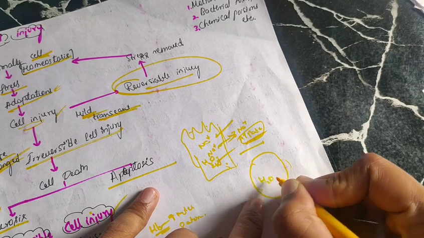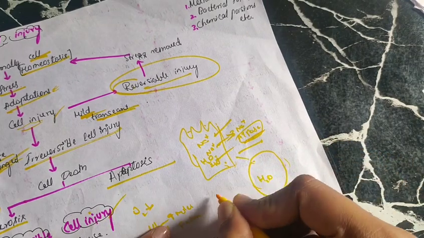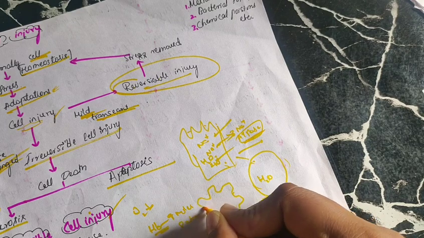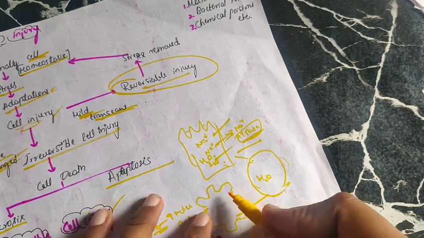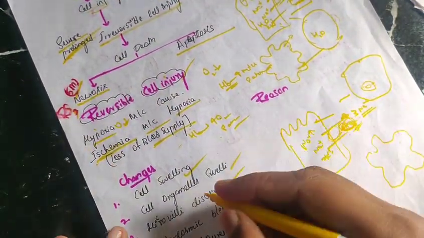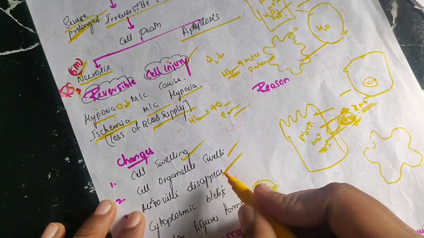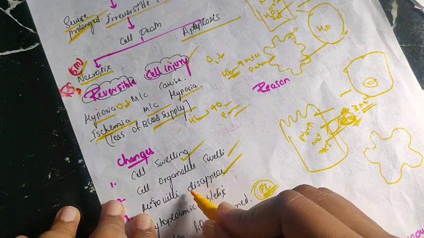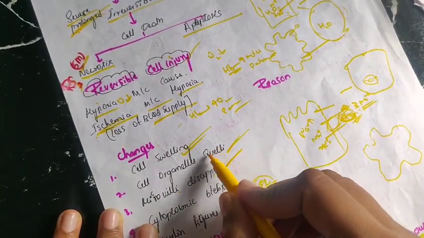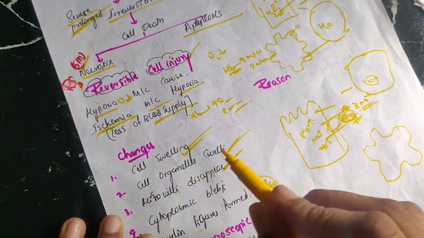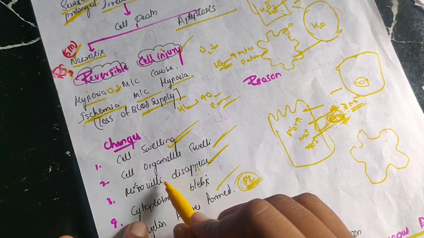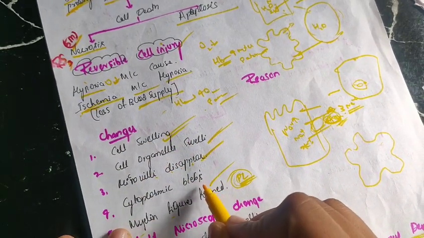As this water keeps accumulating, if it progresses, it becomes blebs. These cytoplasmic blebs will be formed. These are projections of cytoplasm outside, called cytoplasmic blebs. The reason the microvilli disappear, as I said, is that water enters in and the cell swells up. There will be disappearance of microvilli, and the cell and cell organelles will be swollen. Cell organelles like mitochondria and endoplasmic reticulum all will be swelling. Then, after the cell swelling and disappearance of microvilli, cytoplasmic blebs appear.